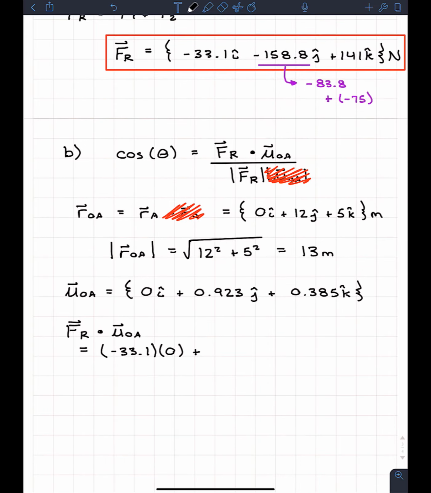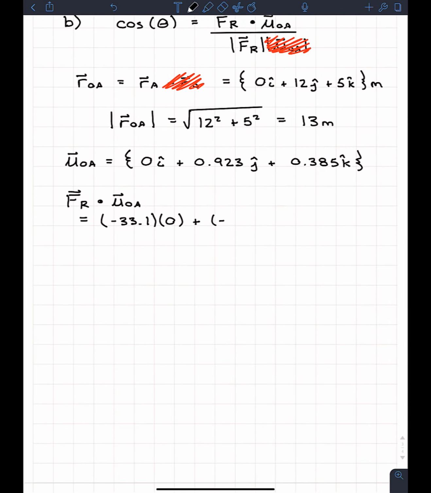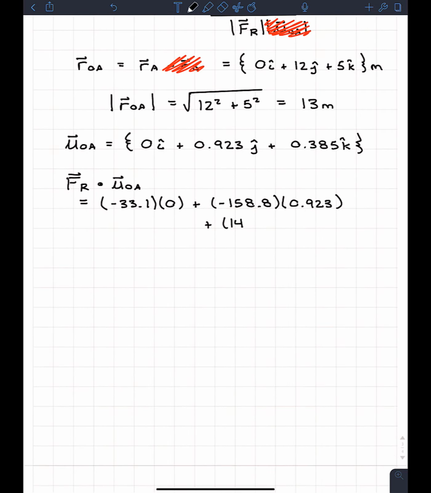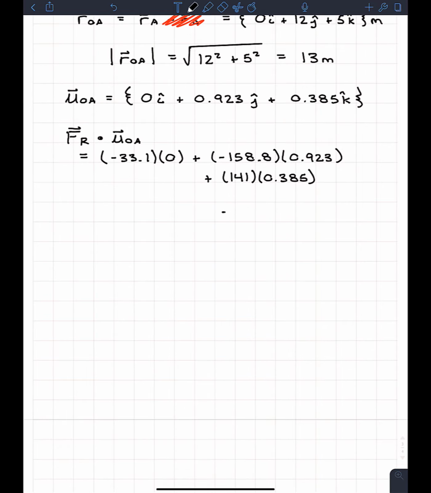Look at the j component, negative 158.8, times the j component for U, which is 0.923. All right, so now we just move on to the last one. So we look at the k component for the force, we got 141, and then the k component for the unit vector, 0.385. So if you throw all that in, what you get is a value of, what do you get? Negative 92.3. Okay, so now we know that cosine of theta is equal to negative 92.3,